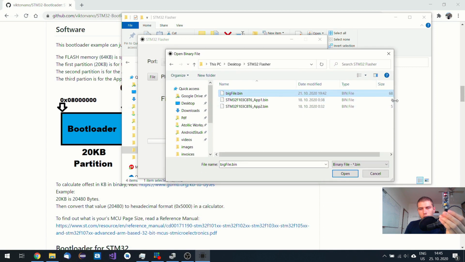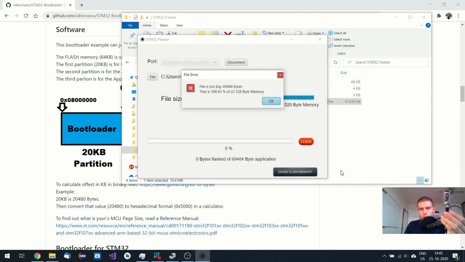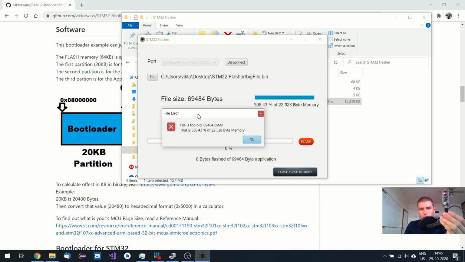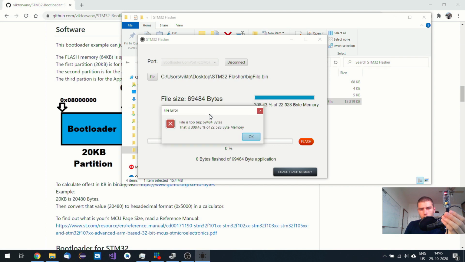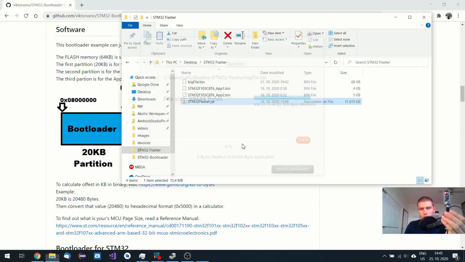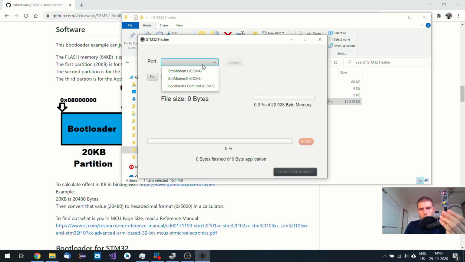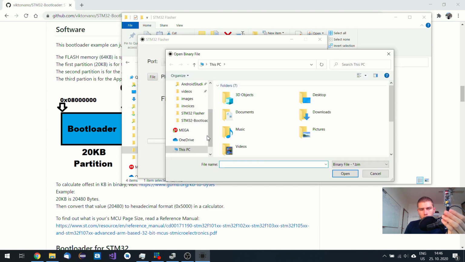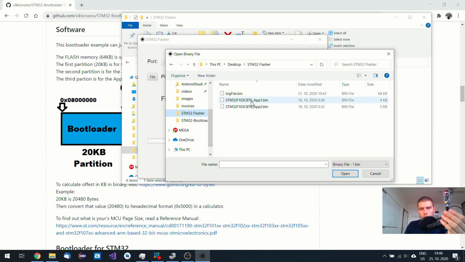So when you pick up a lot bigger file, such as 68 kilobytes, it's gonna show you this error message, which says that this memory is really big, like 3 times bigger than it should. So this application is gonna quit. So when I connect again, I can pick up the correct file, this application 1,